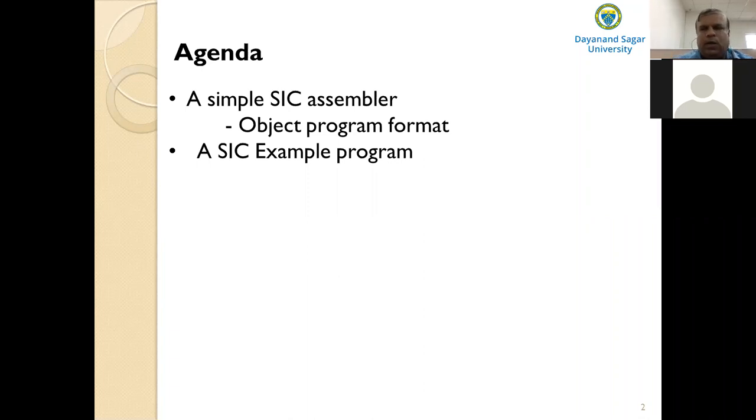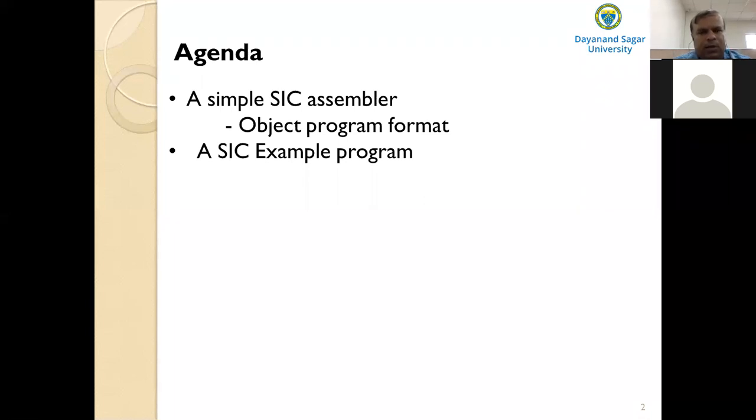Now if the assembler, for example the SIC assembler, the simplified instructional computer assembler, tries to make only one process over the source program, there is a problem. All of the assembler functions can be achieved easily by sequential processing of the source program one line at a time, except converting the symbolic operands into the equivalent machine addresses. That means the translation of the addresses creates a problem. So what is this problem called? The forward reference.